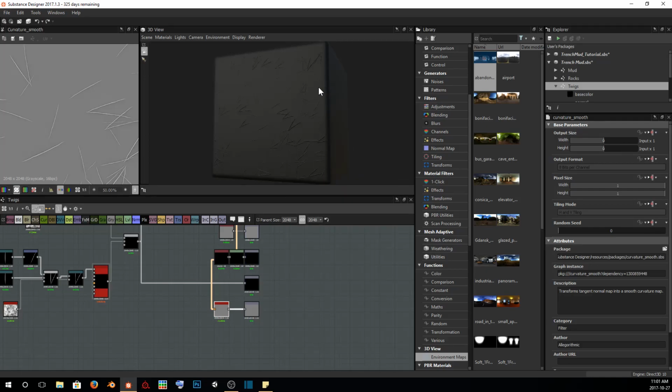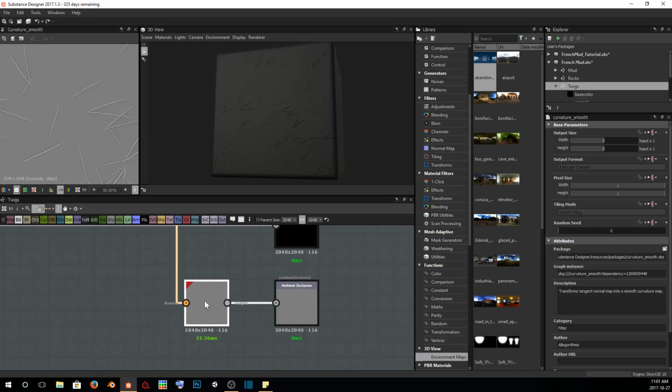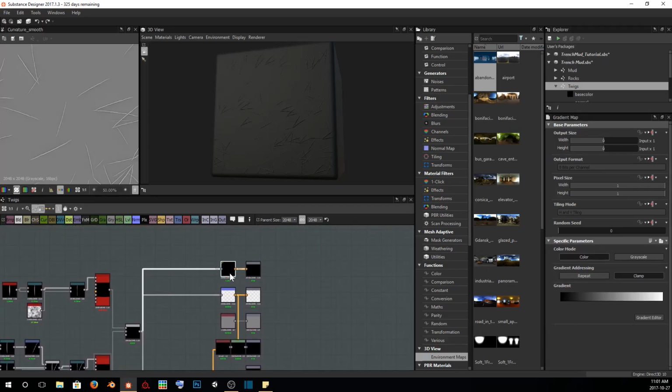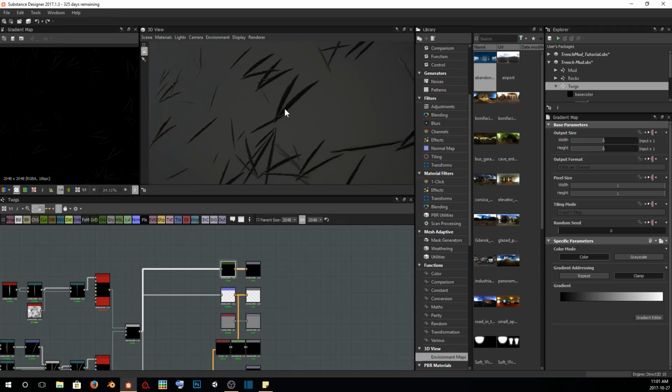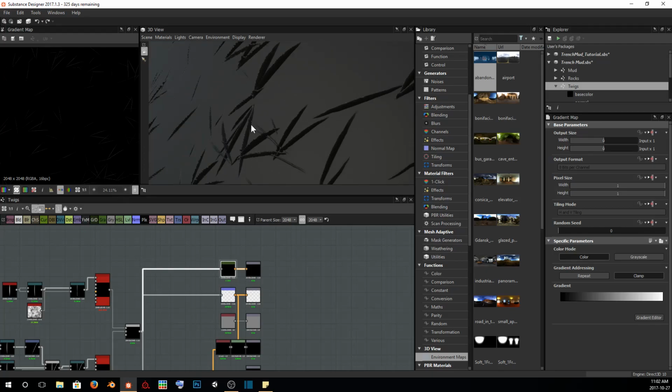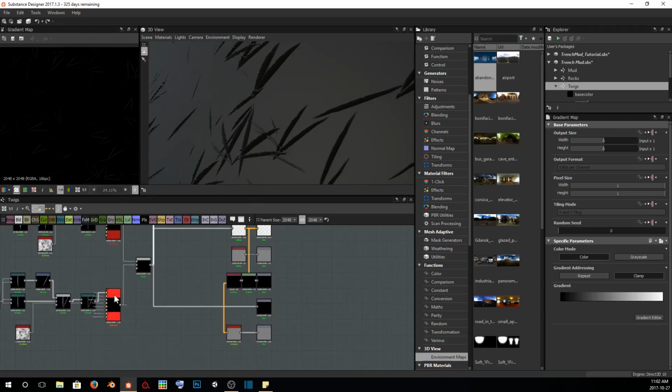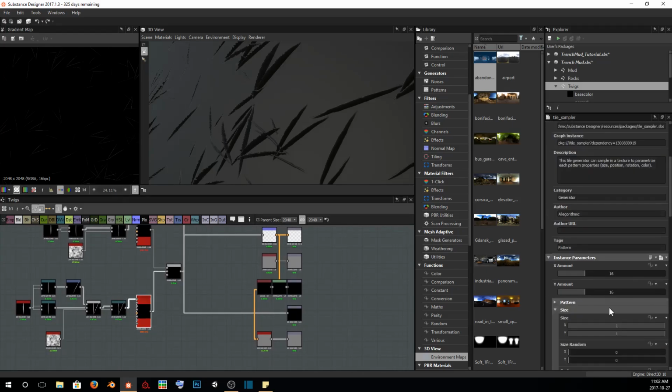So that's view outputs, and now you can see we've got a very, very black material. And that's to do with, one, our ambient occlusion, how it's very gray, so it's going to bring down the albedo color. But we've also got our height map running through our gradient map, and right now you can see that we brought down the color of our twigs very, very low in order to make our height map not too tall. And I actually don't like how that's displaying,